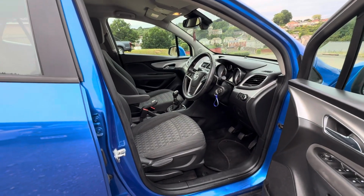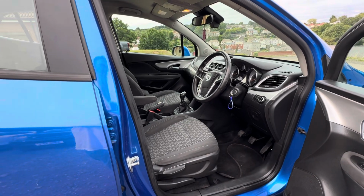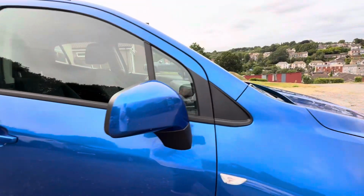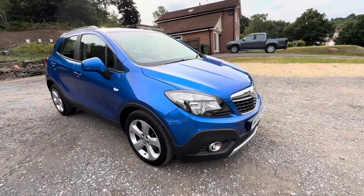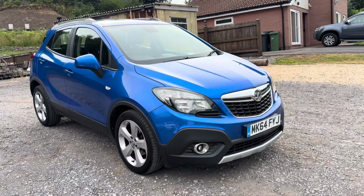Just a well thought out family motor in this. Little armrest in the middle. It's comfortable, pretty quick, quite good fun to drive, and well, I quite like it. It's an honest car. Now, as I say, I'm not a fan of crossovers normally because I just think they